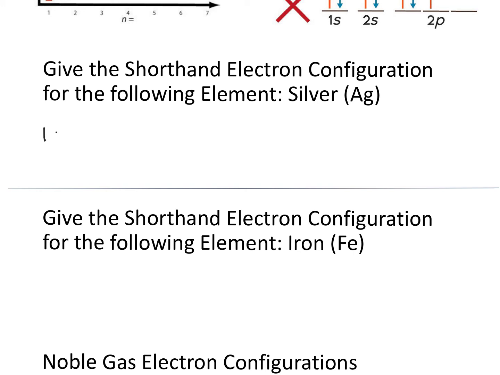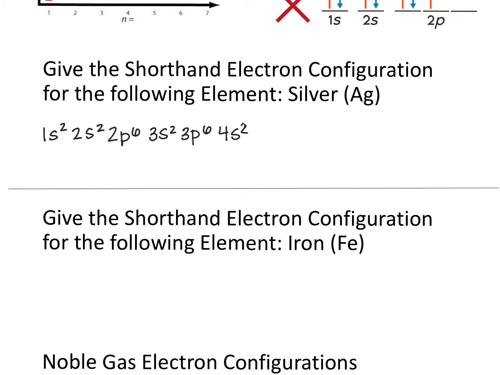In this case, I start at 1s and I fill it up. I move to 2s and I fill that block up. I move to 2p, I fill this block up. I now move to my third energy level, starting my S block, and I fill it up. Once I fill that up, I go to my fourth energy level, and this is where my D block